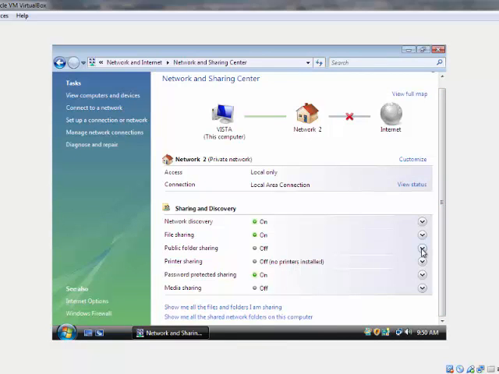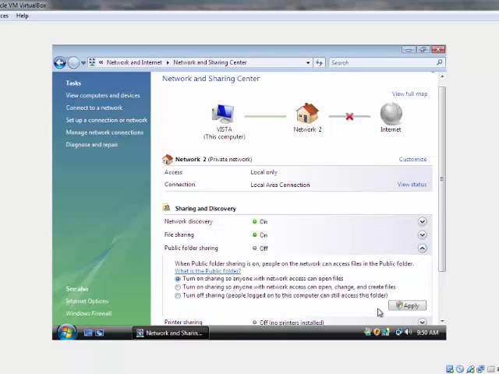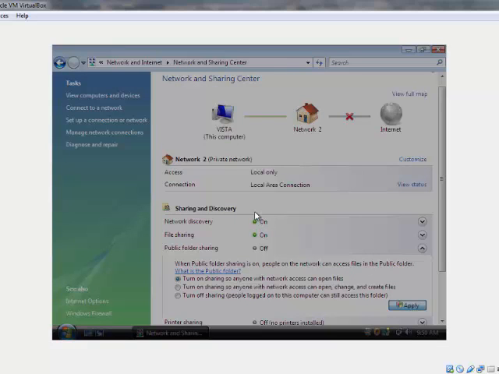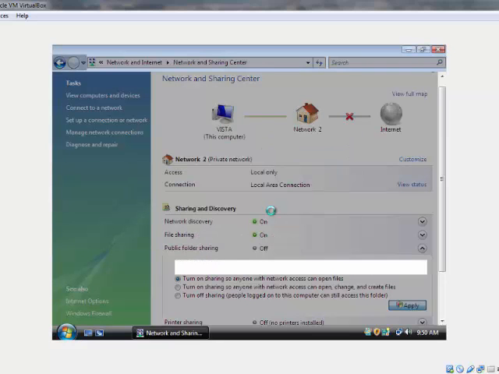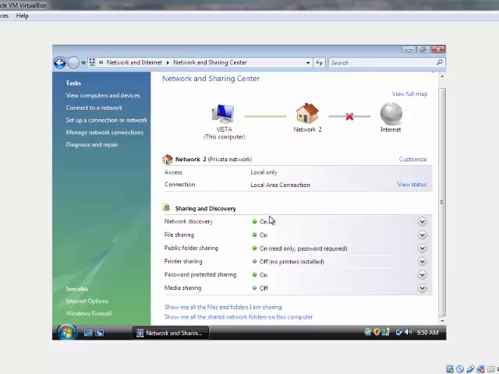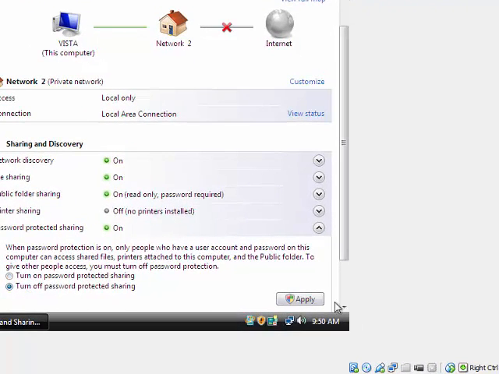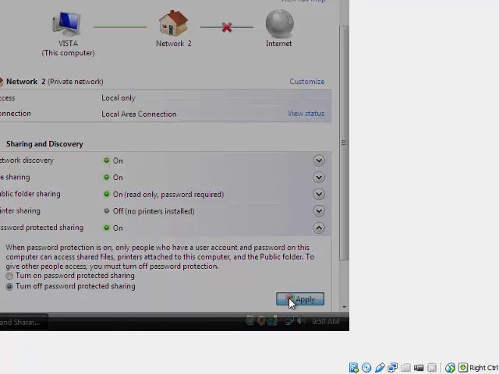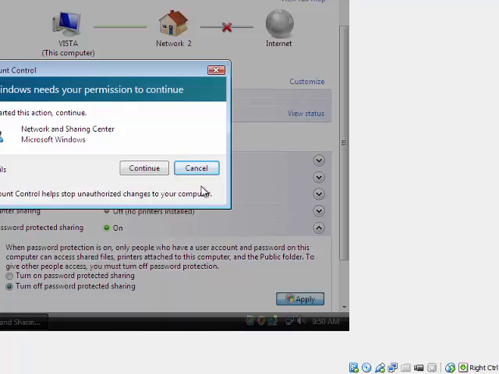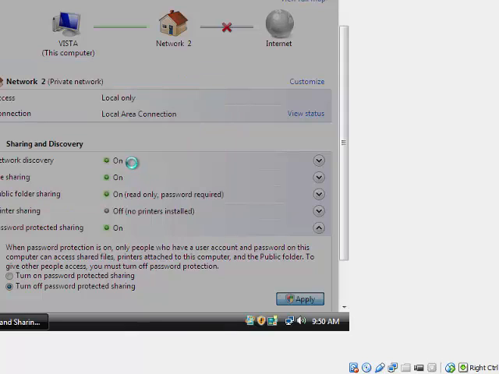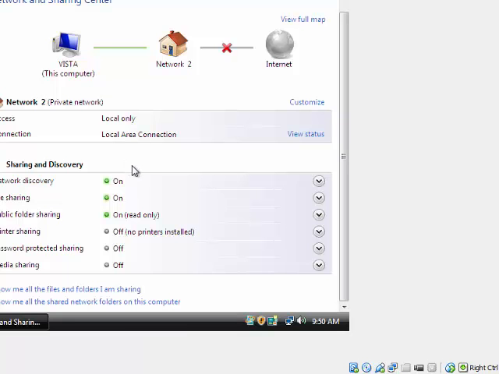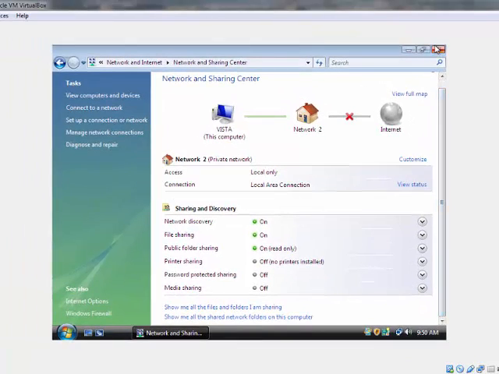Turn on public folder sharing. And turn off password protected sharing. Now that you have done this,